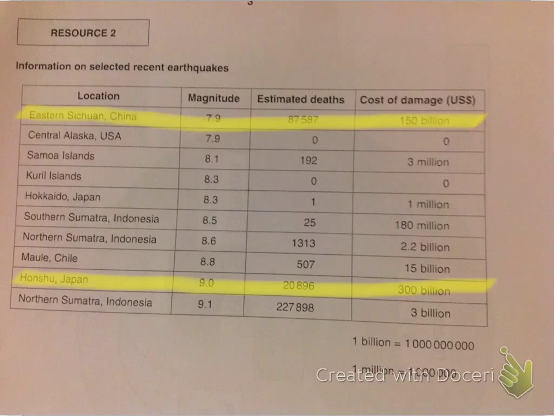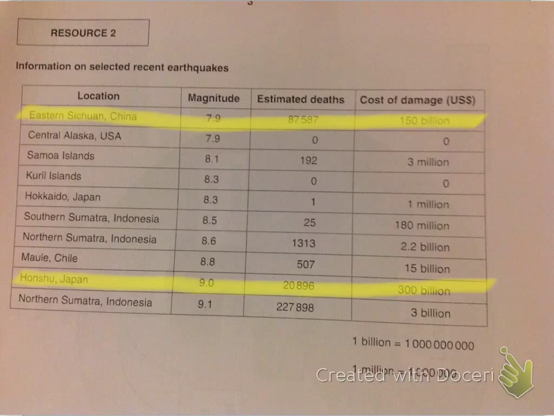Sorry. So Honshu in Japan, 9.0 on the Richter scale, 300 billion US dollars, whereas China is only 7.9 magnitude on the Richter scale, and it's 150 billion US dollars, which is half the price of Japan. So to get up into that level 3, 5 or 6 marks,